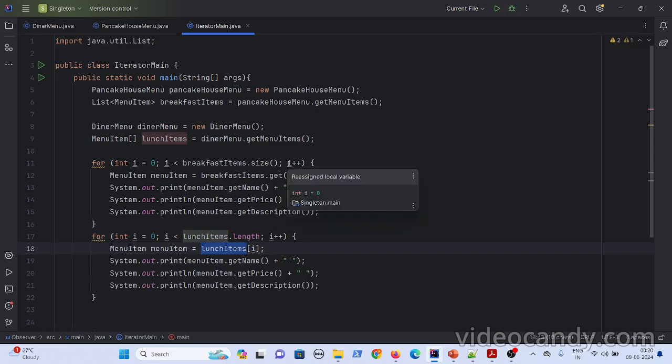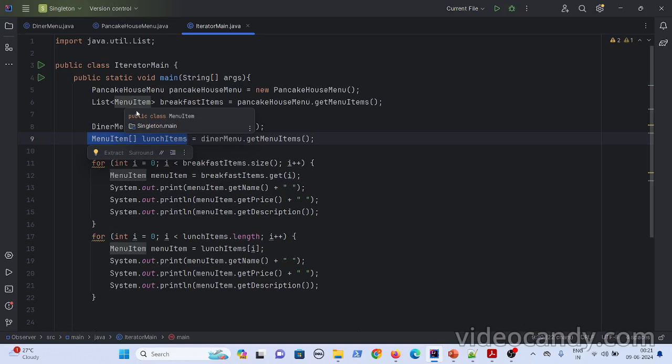Now, let's say you have both the breakfast menu and the dinner menu, right? Now I want to merge both menus. When I want to merge both menus, whenever a person asks for the list of items, he should easily get that. Now with this implementation, he has to know how the items are arranged for the breakfast. Then you are giving an array list, and then he has to know how the items are arranged in the dinner menu. You are giving the primitive array.